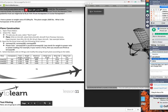So I've got 3 people right now who said they've copied their 3 planes. Let's try to finish this up in the next couple moments, everybody. Okay, can we have some hands raised? Those people, you've got your 3 airplanes, I hope, saved by now. And if you can't save them,